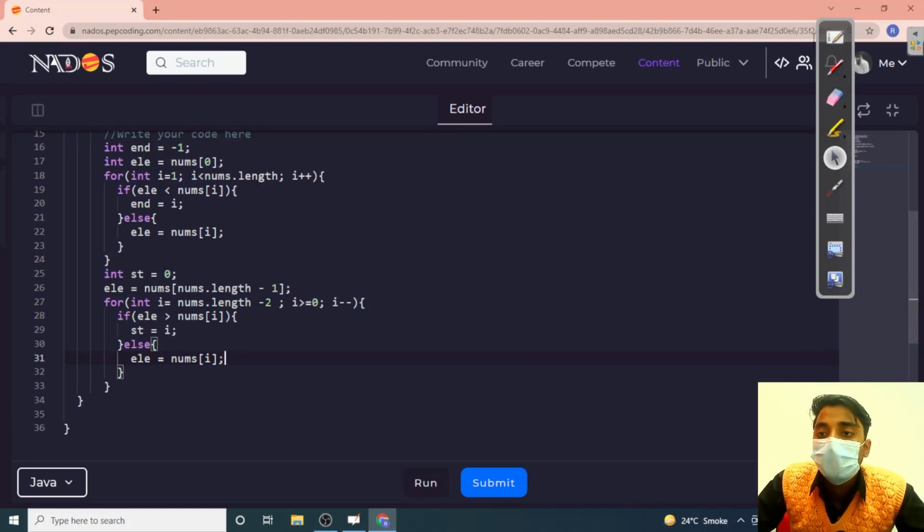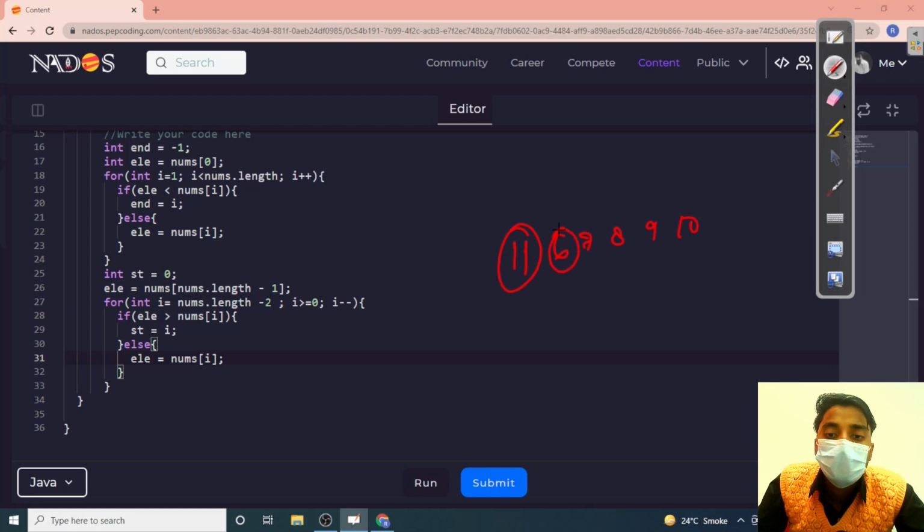Here if we have the elements like 10, 9, 8, 7, 6, and then there is 11, so we have the previous element, that is 6. If this is smaller than the current value, here current value is